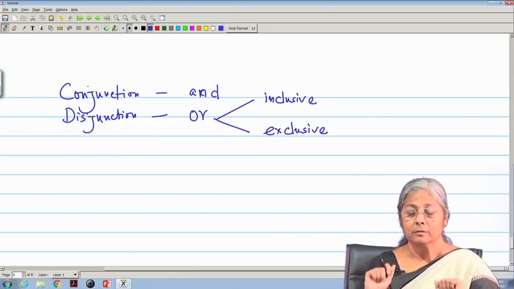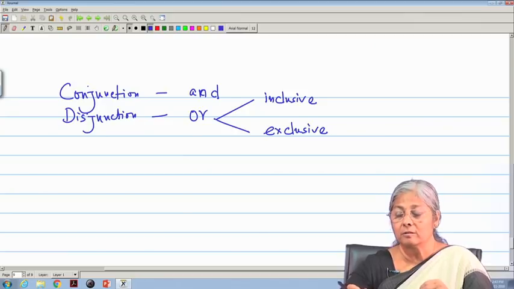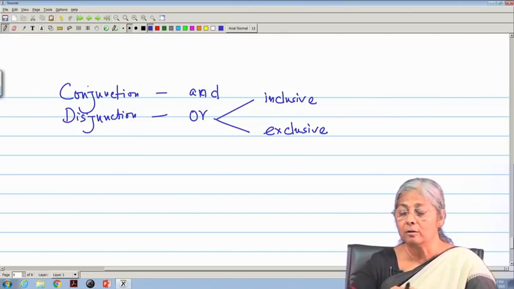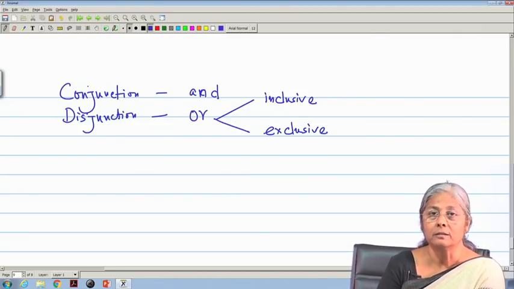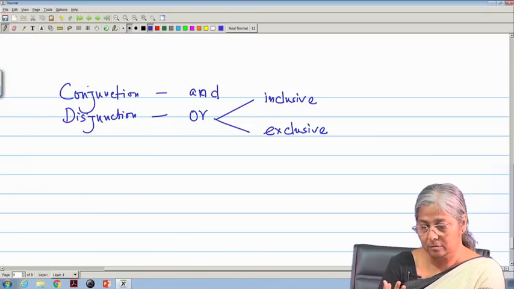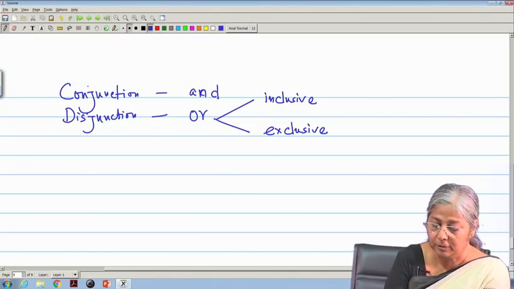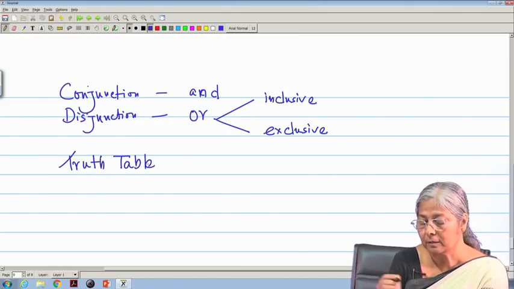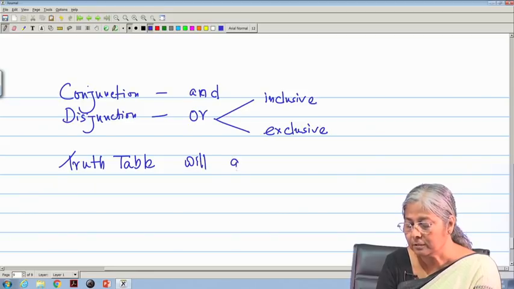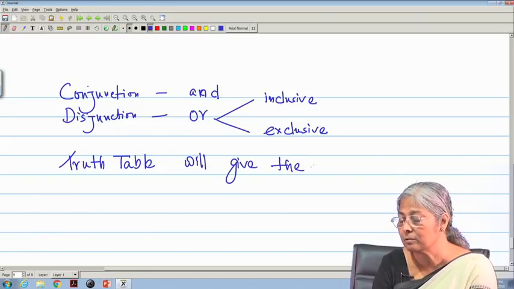When the disjunction is operated on at least two propositions, since it is binary, it will be either inclusive or exclusive. Now, we will define the truth table of these with respect to these operations. So, what is the truth table? The truth table will give the truth values